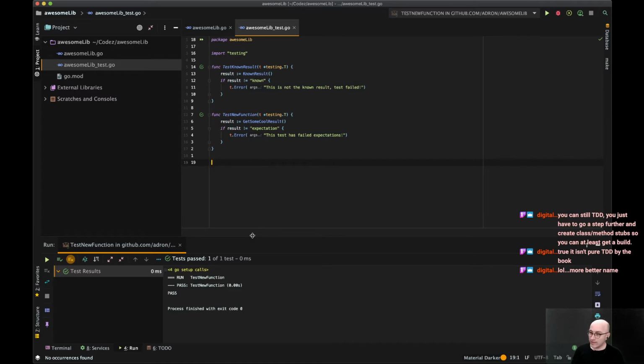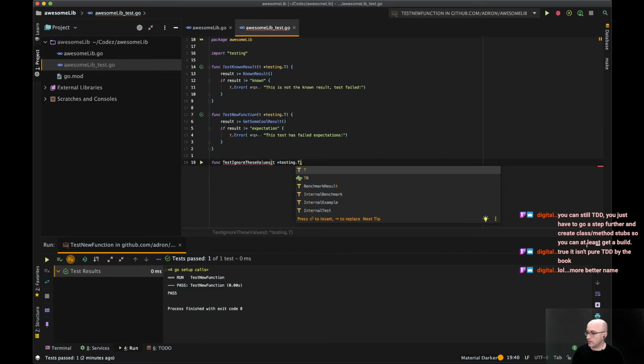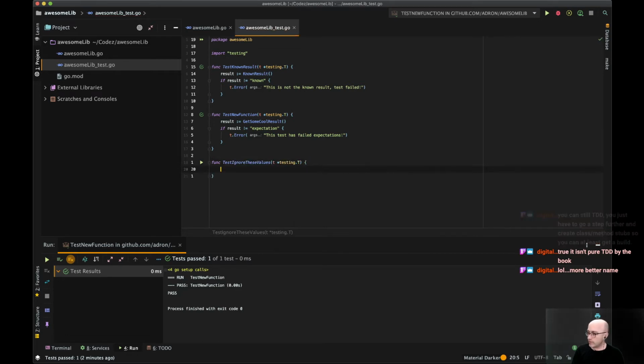All right. Let's see here. Next things next. Okay, we want to do func test ignore these values. Pointer to testing T, and then boom, here we go, result.